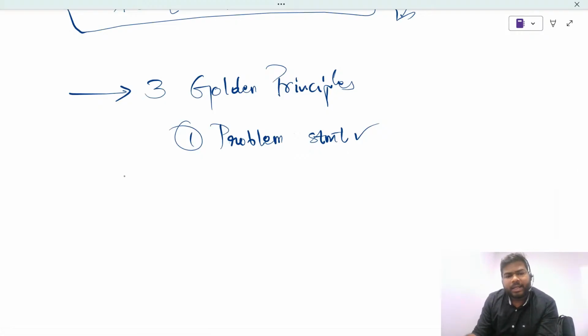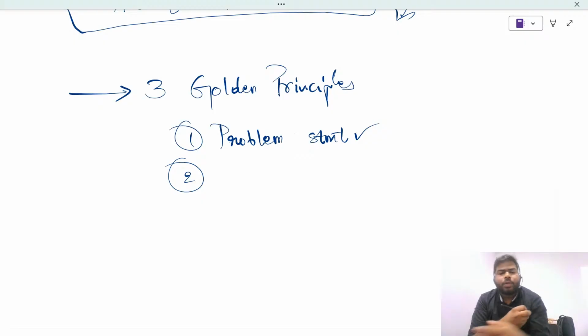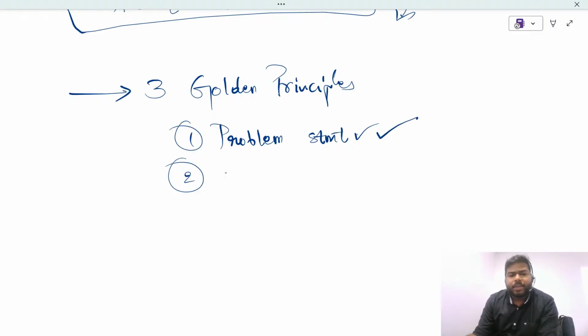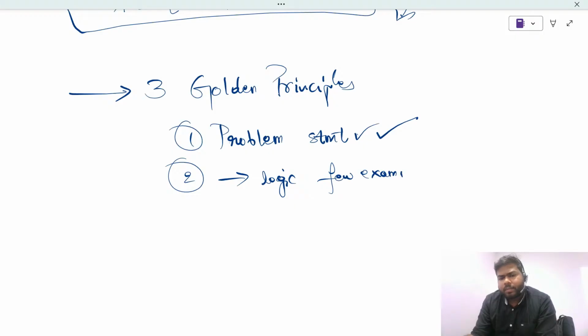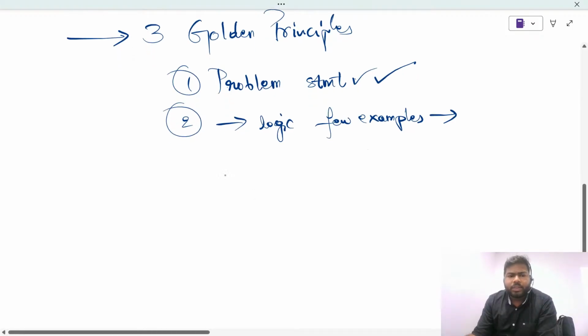So this is the clarity about problem statement. What to do, what format should be printed, and what format we should be taking the input. All the things which need to be clear comes under your problem statements. Once this is clear, next make sure that you build the logic using few examples. I'll explain you the examples, do not worry. So you need to design your logic taking few examples